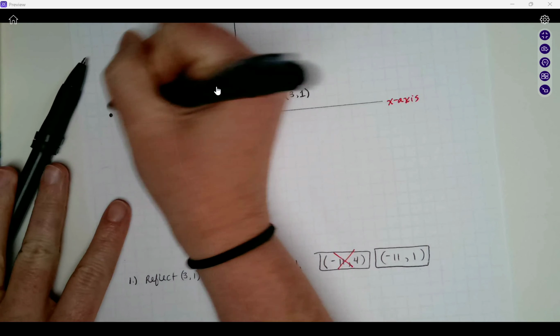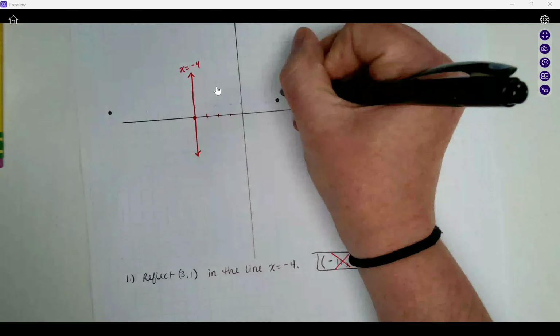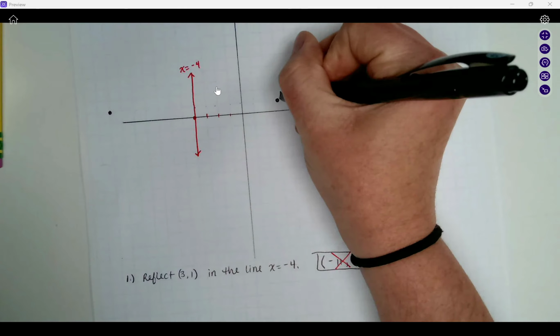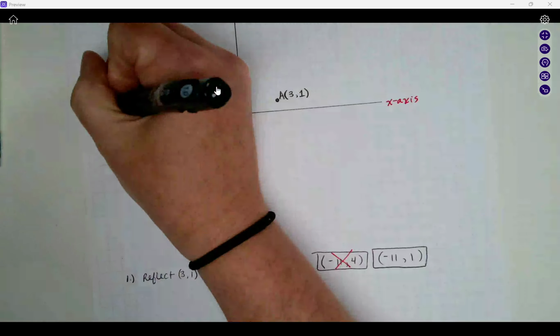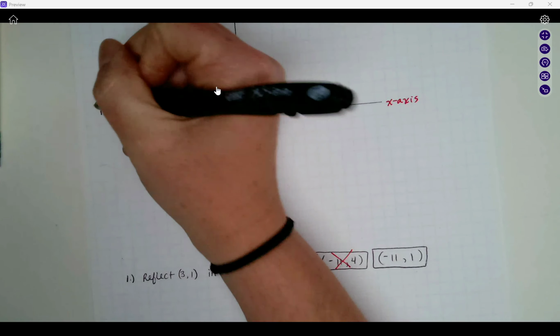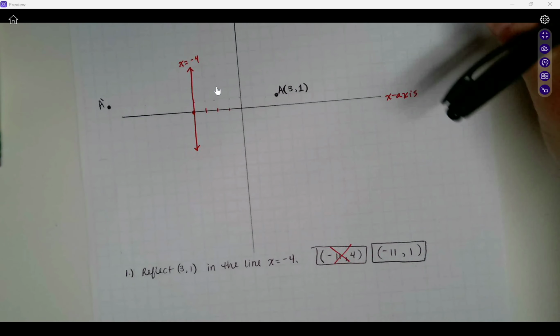Now, usually points do have names, and so perhaps let's go ahead and just name this point 3A. That would be our pre-image A, and our image after that reflection has happened, we would call that A prime. Okay, let's go ahead and look at another